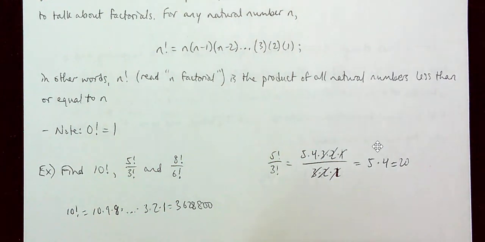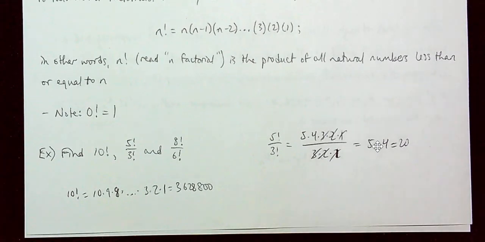I'm going to give you a little bit of a challenge on this third one. Try to figure out what 8 factorial divided by 6 factorial is. Try to figure it out by writing each thing out as a product of numbers and then canceling. If you're having trouble, you can do 8 factorial and 6 factorial in your calculator and just take the quotient of those two things. But try to do it by writing out the product of the numbers and canceling out factors. So pause the video here. Once you think you have it, press play, and we'll see if you are correct.